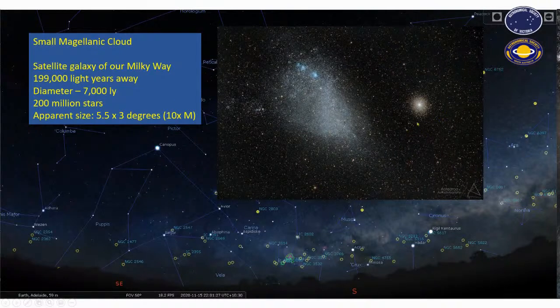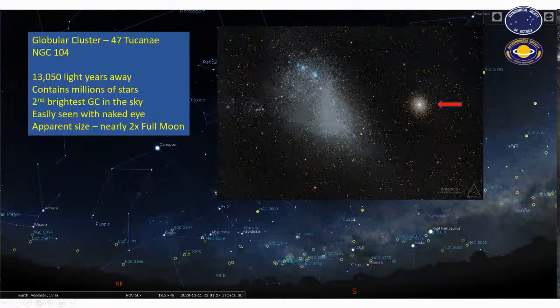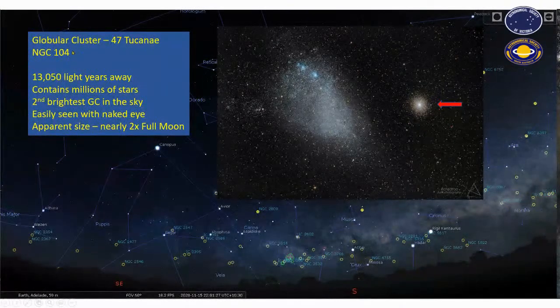The other object in this field is this one here. As I said, it's not related to the small cloud at all. They just happen to lie in the same line of sight. That one there is 47 Tucani, or by its catalogue number, NGC 104. It's a globular cluster. A globular cluster is a...